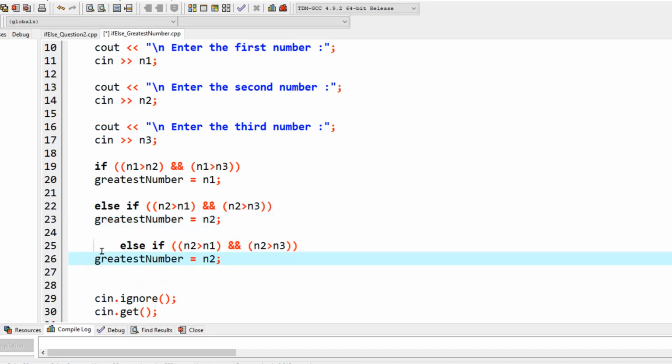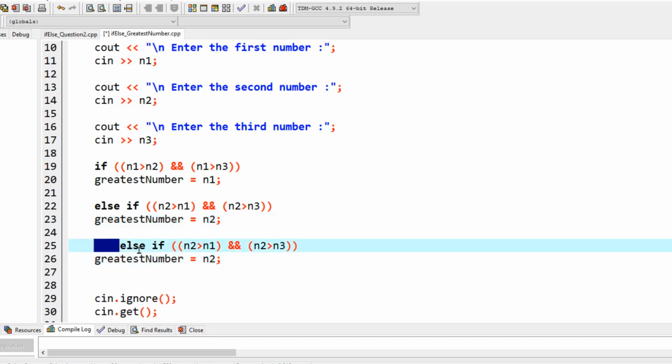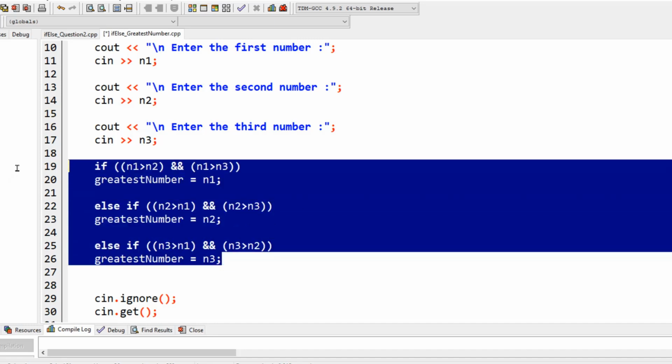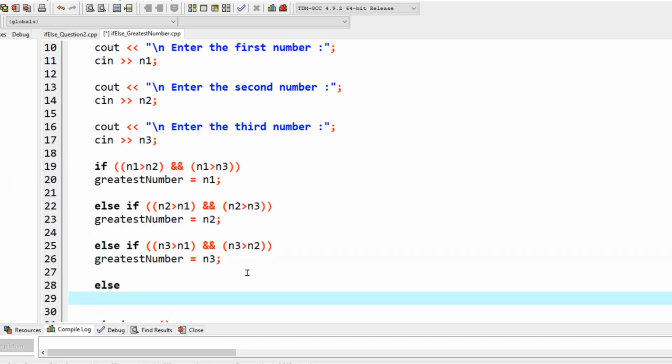Finally, we will look into the part where n3 is the biggest one. n3 is going to be greater than n1, and n3 is going to be greater than n2, and that will be the greatest number. Now that you have written these things, remember that there is the possibility that all the numbers are the same. So you can put an else statement here, and you can type: you entered